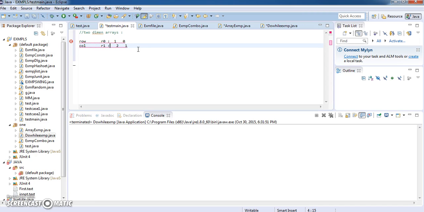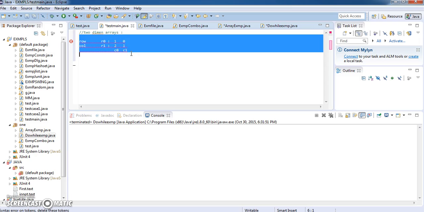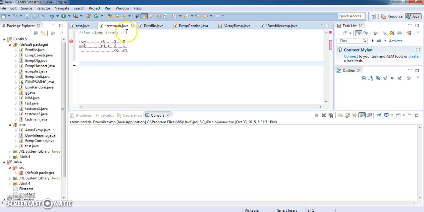In arrays, as I already discussed, the index starts with the 0th number. So even though physically there are two rows, we should count from 0, so 0 and 1. Now this is our column 0 and this is our column 1. If you have any array in this form, then we can say that this is a two-dimensional array format. Java provides a syntax for displaying two-dimensional arrays which looks like a matrix.